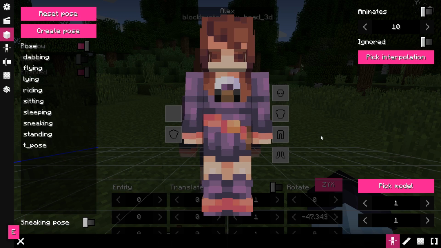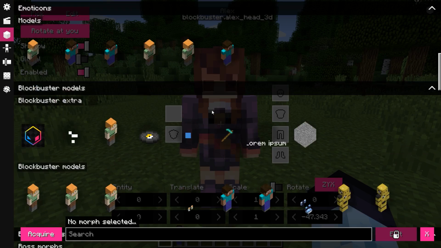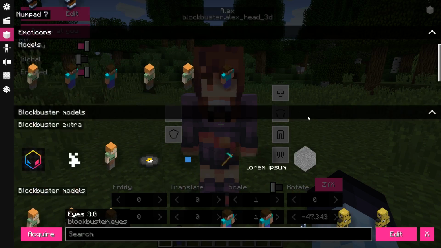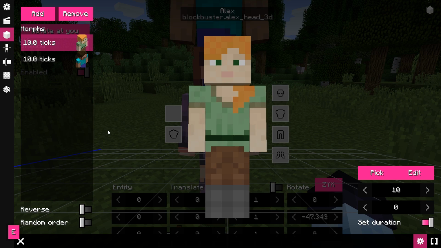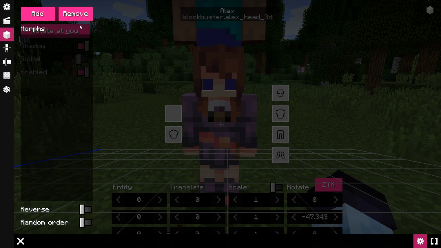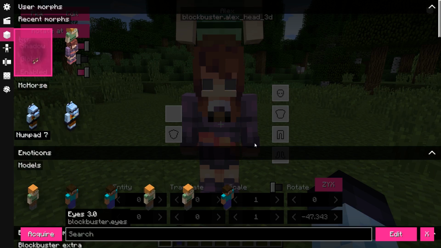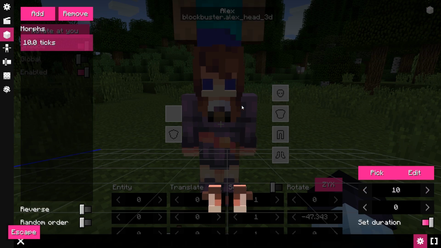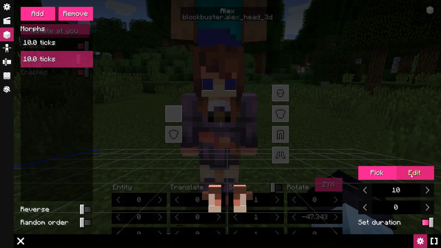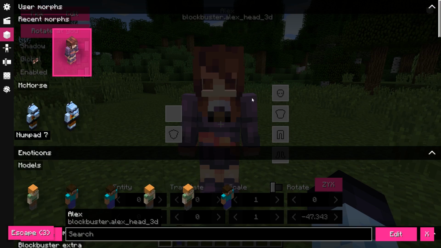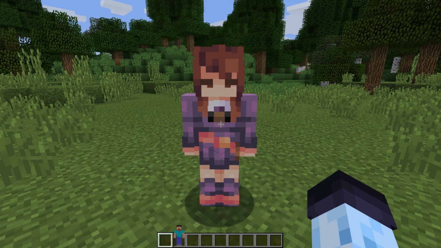Now that the eyes rig works with the skin, we can create a basic blinking animation morph. Sequencer morph can be used for that. Edit a blank sequencer morph, and remove everything. Now add a sequence, and pick the eyes rig with desired skin, enable animates, and go back to sequencer morph. Now, duplicate the first sequence, edit the morph, and change the pose to closed. This way we get a really basic blinking animation.